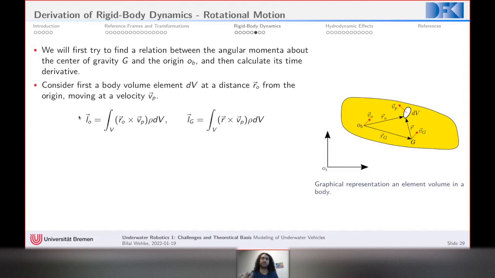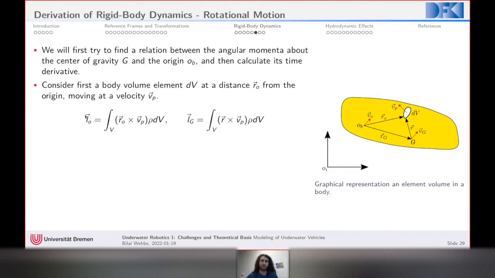The linear and the angular momentum around point O. If we consider here an element volume that has a certain velocity Vp, then we have our origin here as well with the velocity Vo, and the center of gravity with the velocity Vg. And then we have these relations. So we have the vectors R0, R and Rg. R here is a variable vector because we are integrating this element throughout the whole volume of the body,